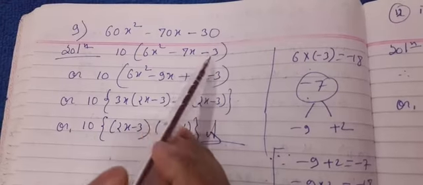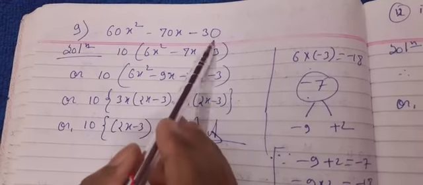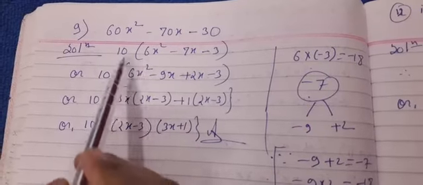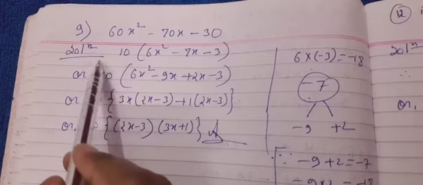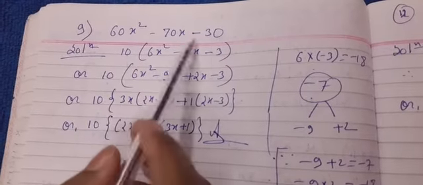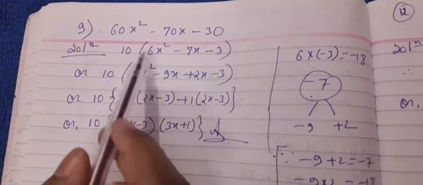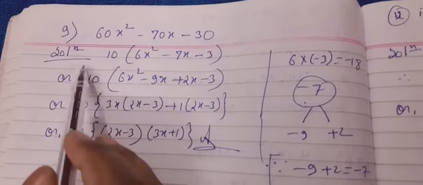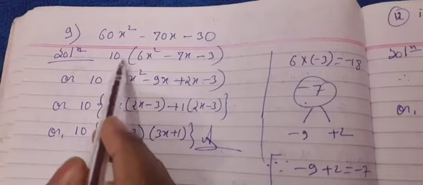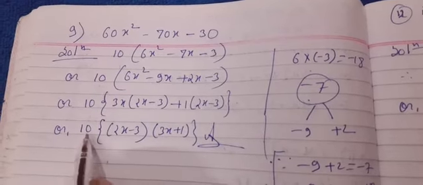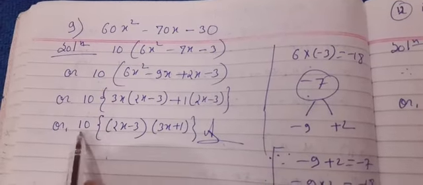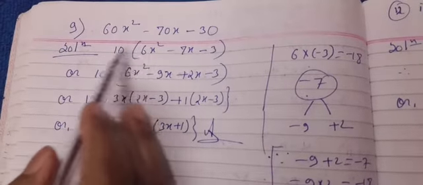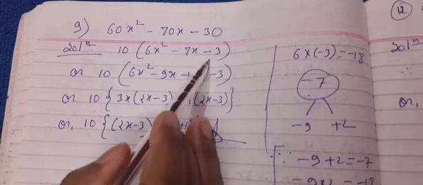One more thing I want to mention here: you can directly follow the middle term splitting method for this only, without taking 10 outside as a common factor. Okay, that is also correct, but that will involve bigger numbers. That's why I have decided to take 10 as common, or at last you have to do that, you have to take 10 as common, because 10 is one factor and these two are the other factors. So coming back to the topic, I have taken 10 as common, and this is our algebraic expression.